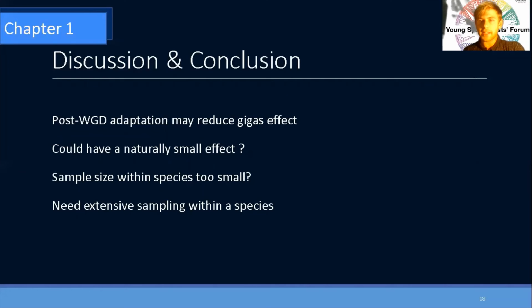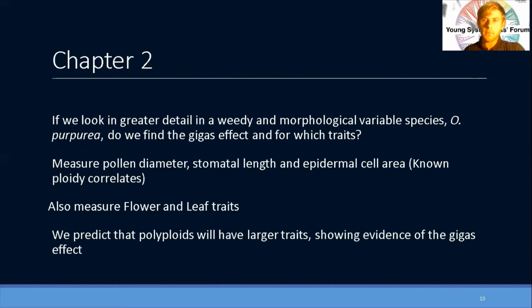The large effect expected might be an overestimate, and in Oxalis, the effect of being polyploid may just be very small. It is, however, very likely that we have too small a sample size within species. We therefore need to do extensive sampling within a single species. This brings us to the second chapter, which aims to do just that. We do extensive sampling within a single species, Oxalis purpurea,